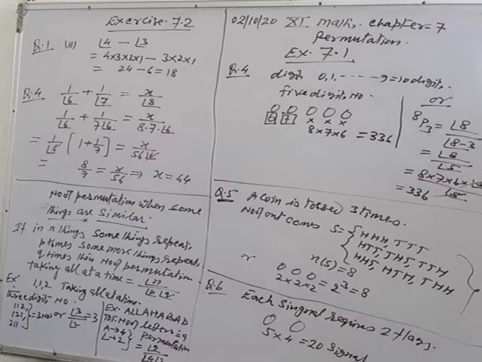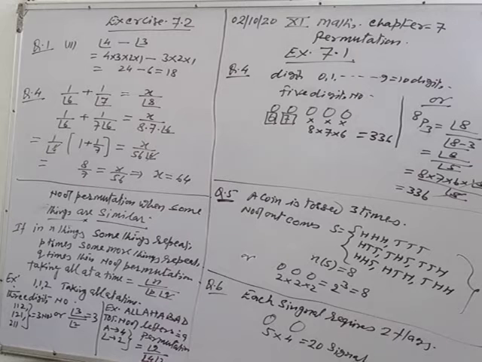Okay. So 1 by factorial 6 plus 1 by factorial 7, you can write 7 into factorial 6 in two factors, is equal to, on the right side, x upon factorial 8, you can write 8 into 7 into factorial 6, where you stop. So x upon 8 into 7 into factorial 6. Factorial 8 can be written in 3 parts. Okay, now from the left side, 1 by factorial 6 taken out common, within the bracket you will have 1 plus 1 by 7, and on the right side it is x upon 8 into 7, 56, into factorial 6.